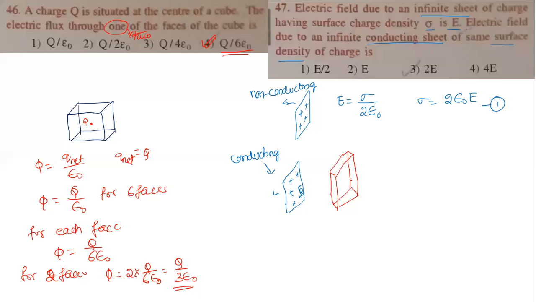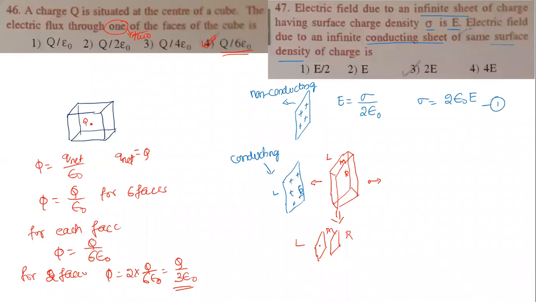Yeah, it is like a sheet now. So here this is the left, this is the right, and this is the middle face. Now this charge is going to distribute, right? We need to find the field on the left side area, the right side area and the middle area. If I take this as two sheets, this is one sheet and there is one more sheet here. This is the left area, this is the middle area, this is the right area.